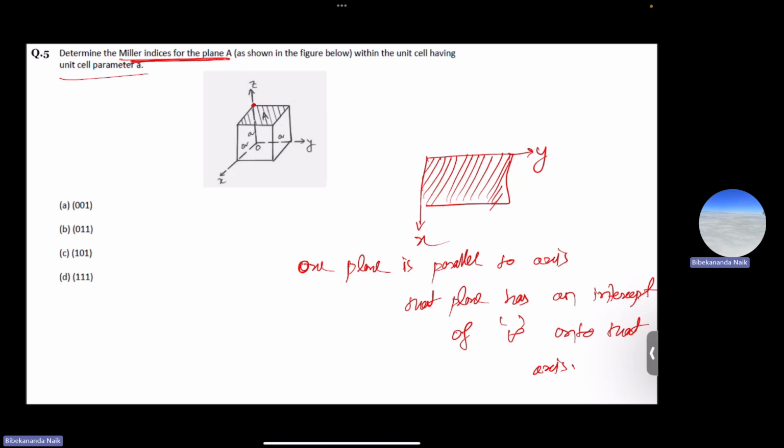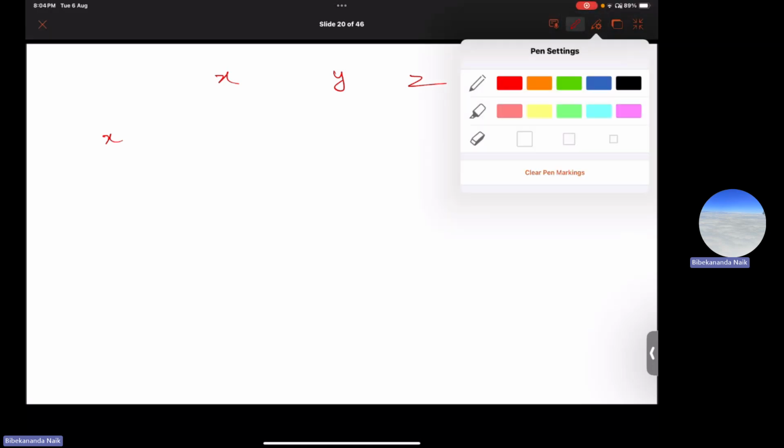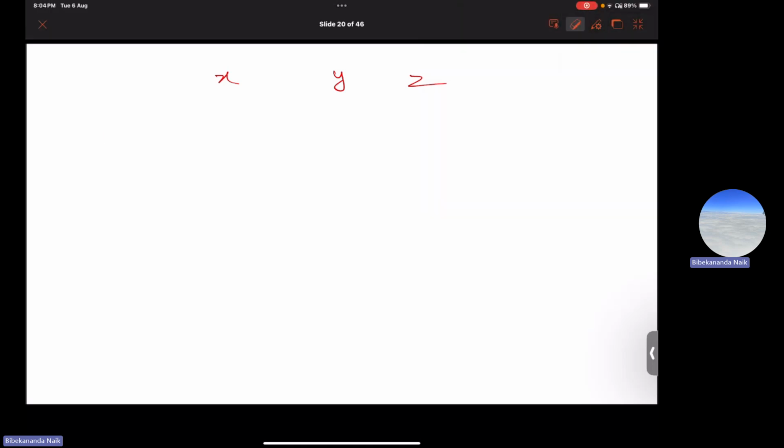So if you talk about the three axes x, y, and z, and if you talk about the intercepts,